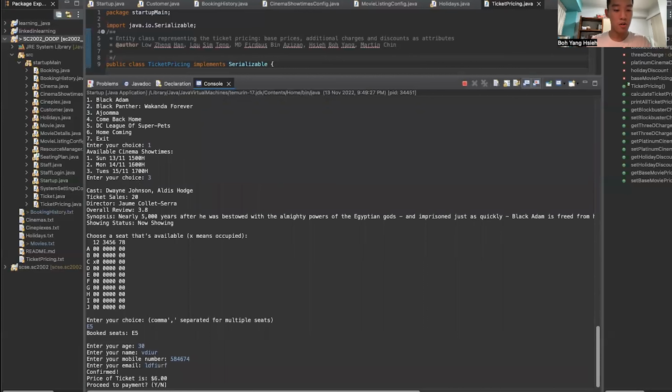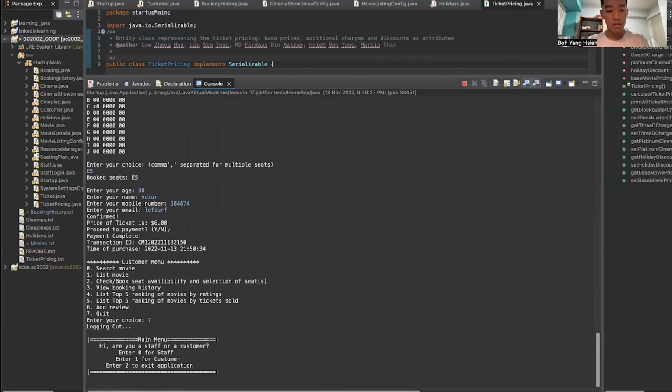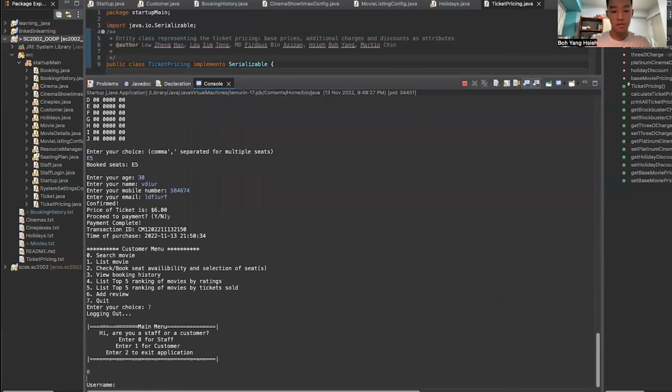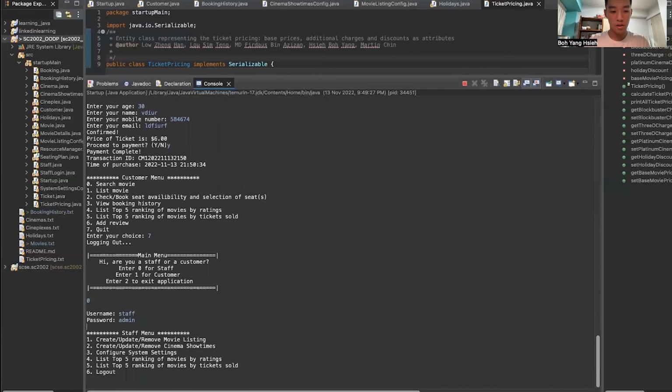So you can see this time for holiday, the price of ticket is actually $6 because of subsidies. So now I'll proceed to payment. Right, next thing that I'm going to do is I'm going to go back to staff, log in again, and